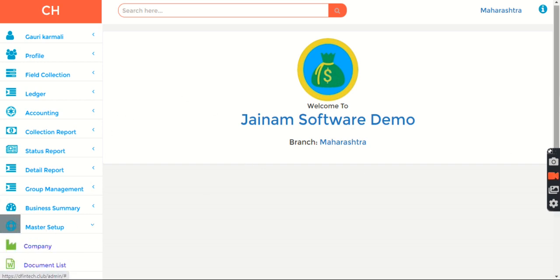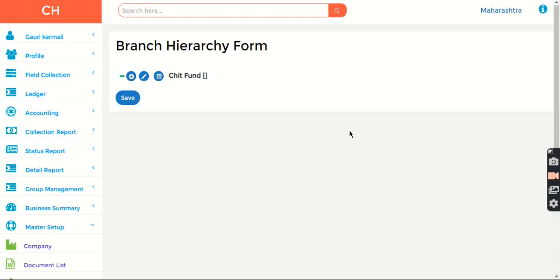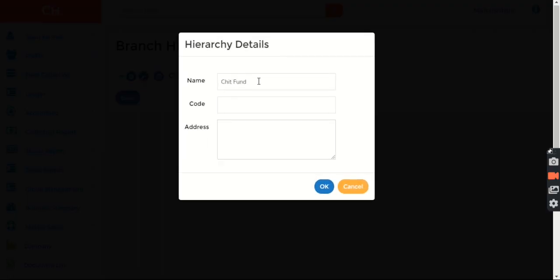If you go to Master Setup, Branch Hierarchy, you will see that this is the branch hierarchy form. Now say you want to create your hierarchy based on country, state and district. Usually you will have to edit this first branch. To edit any branch, there is a pen icon here. You can click that and you can